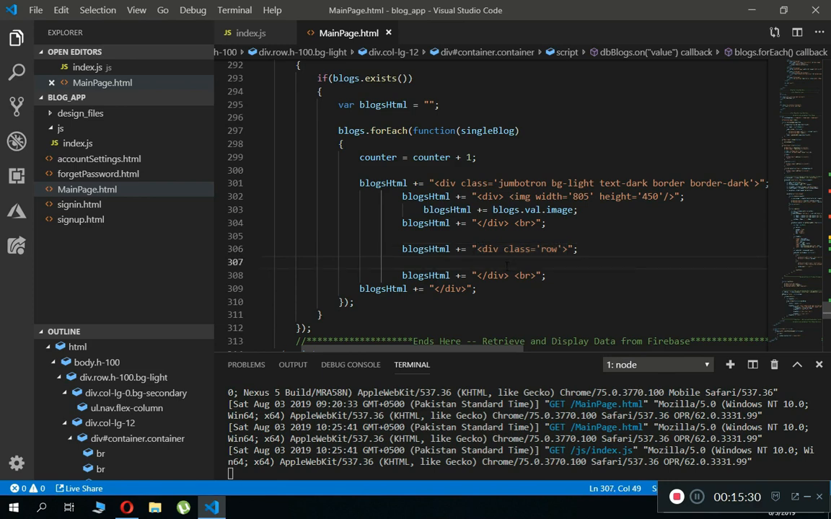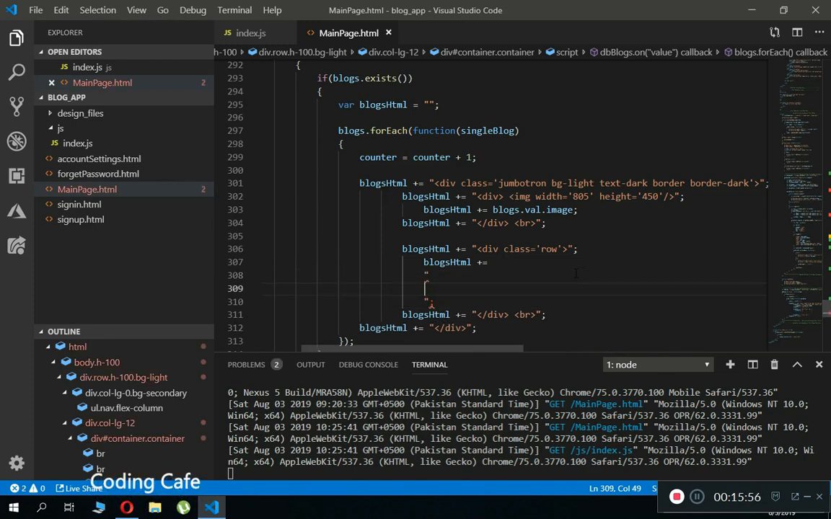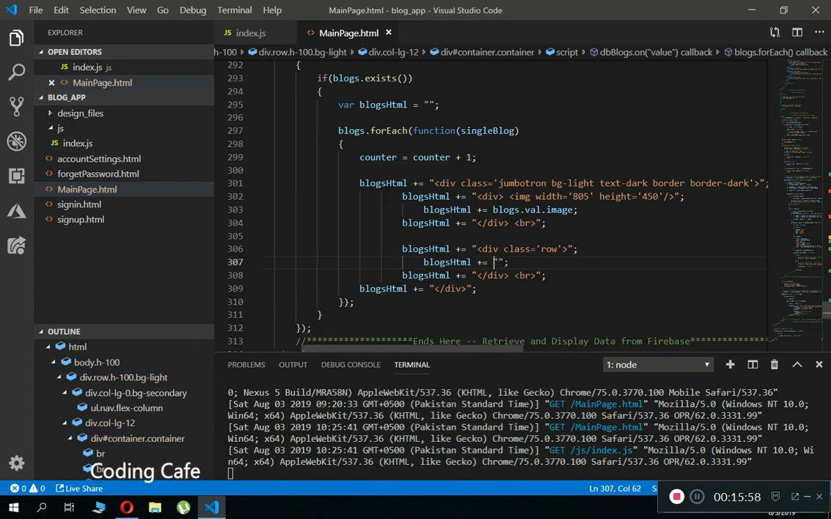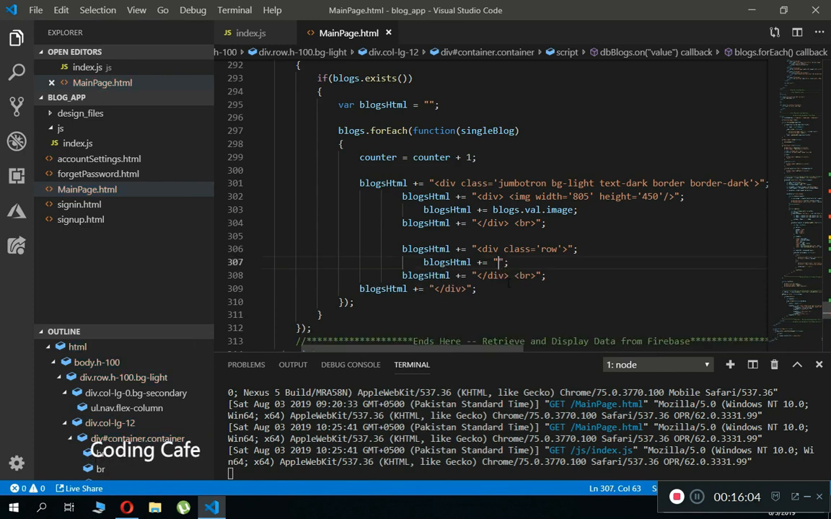And then inside this whole row we are going to add the name, time, and the date. So what we can do here is say blogs html plus equals, add double quotation, make sure to put a semicolon here. And then inside this, don't do it like this, it will display errors. So here, let's add our first div, then the closing div,